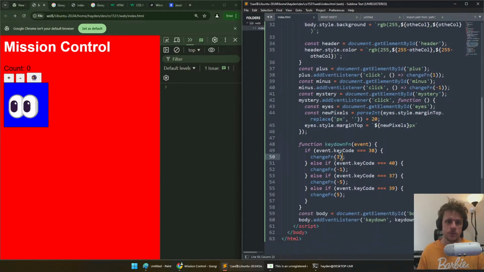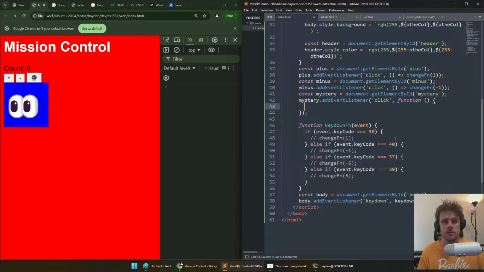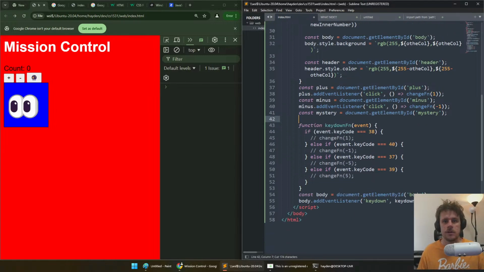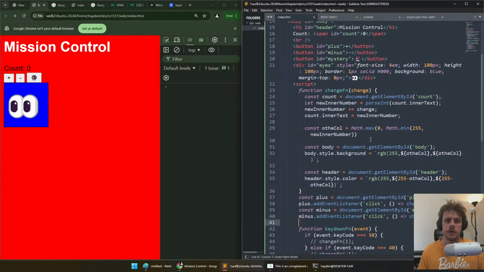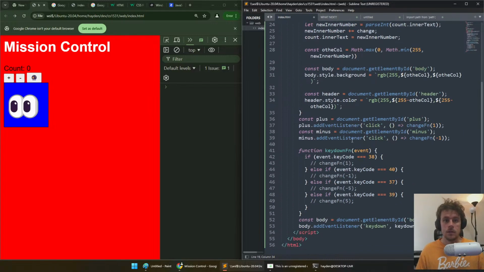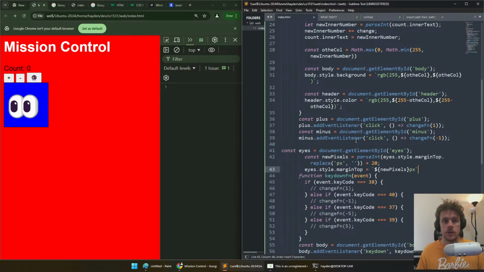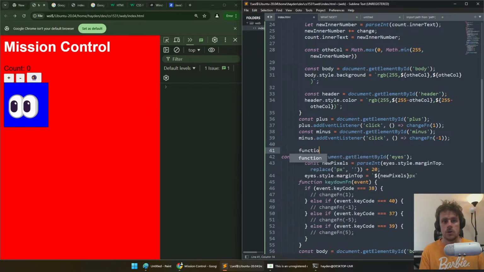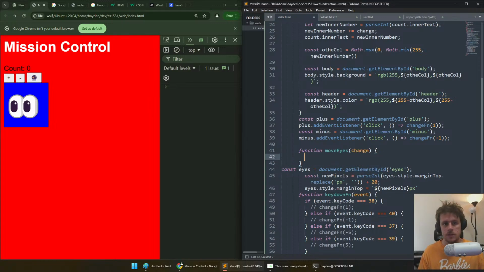In fact, screw it. I'm going to change how all this works, where instead of changing the number on the key downs, I'm just going to make this thing move just because I can. I'm going to get rid of the click. I'm going to get rid of the mystery button. So I will come down here. I will now create a new function called moveEyes, and I'll give it a change, just like everything else has been doing. And it will